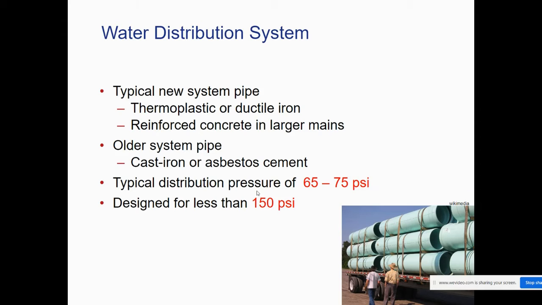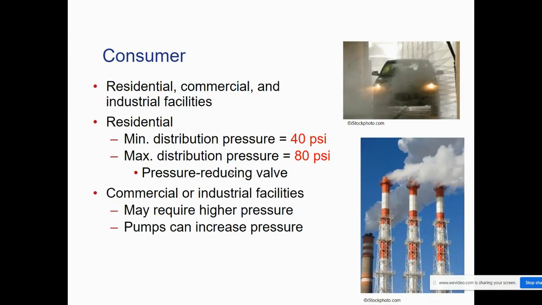Typical distribution pressures. You'd like to see the pressure coming out of your faucets at between 65 and 75 PSI. You'll see that the minimums and the maximums are a little bit different, but that's the ideal pressure. Something you definitely don't want to go over is 150 PSI, unless it's an industrial purpose that requires more. All right. So if you're designing or building a water system, the minimum pressure you'd ever want coming out of a pipe at a residential home is 40 PSI, and the maximum